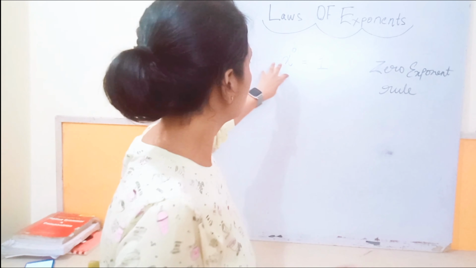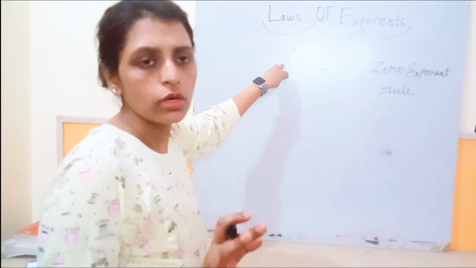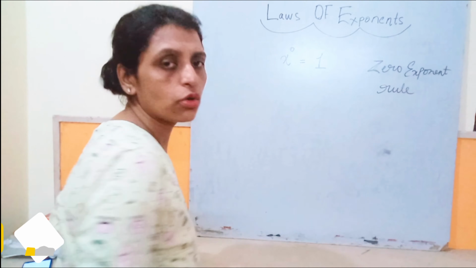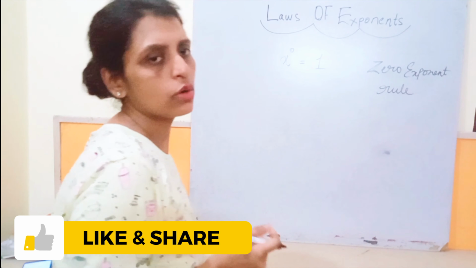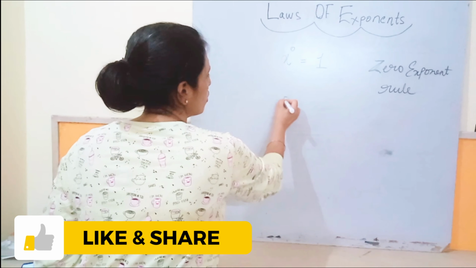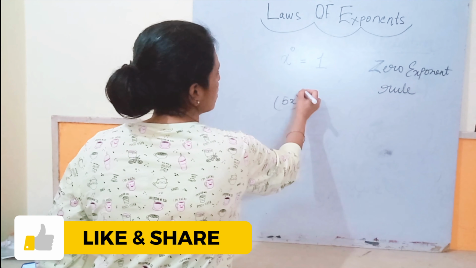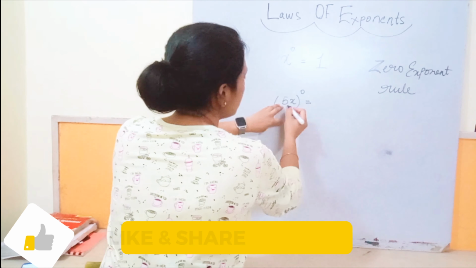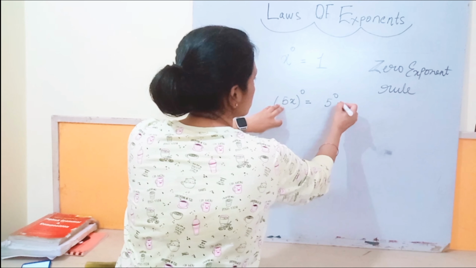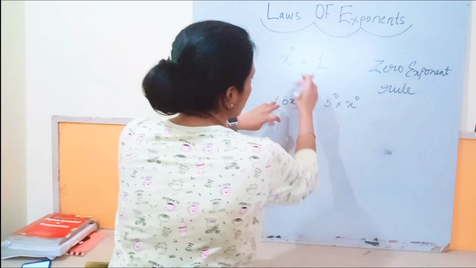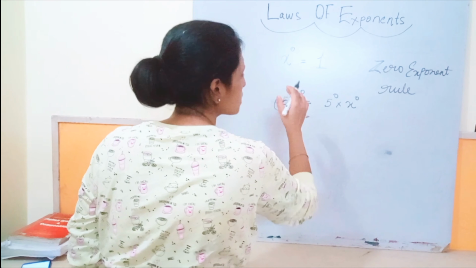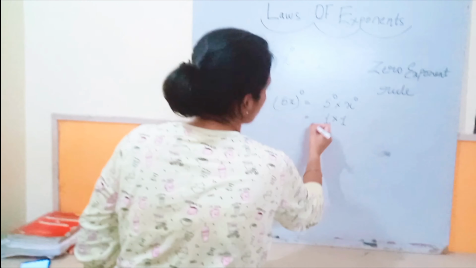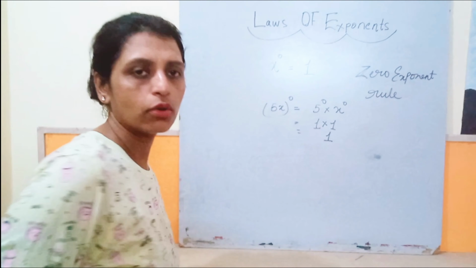Just remember, whether it is a variable or any constant term, if its power is zero then the value will always be 1. Like here 5x to the power 0, it means 5 to the power 0 into x to the power 0. Whether it is a variable or a constant, if the power is 0 then the value will be always 1, so 1 into 1 will be 1 only. Okay,